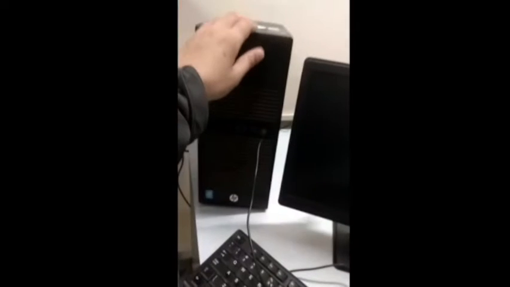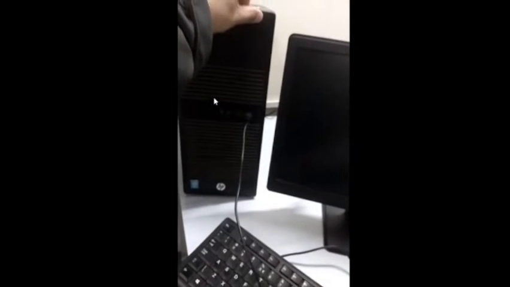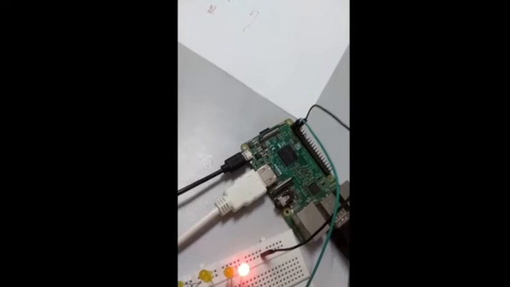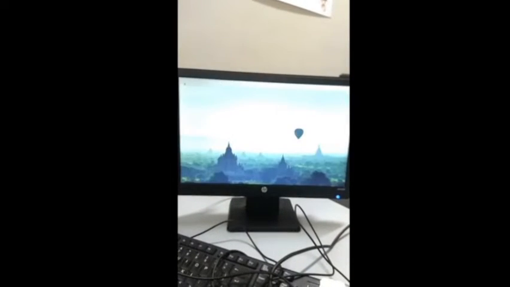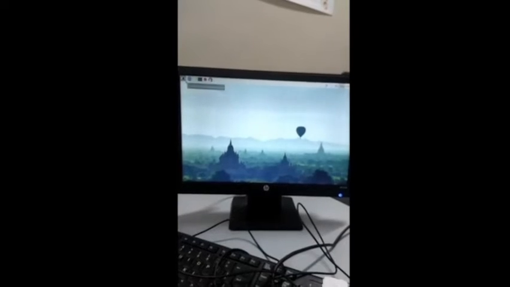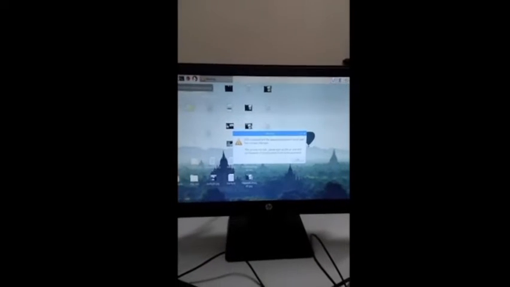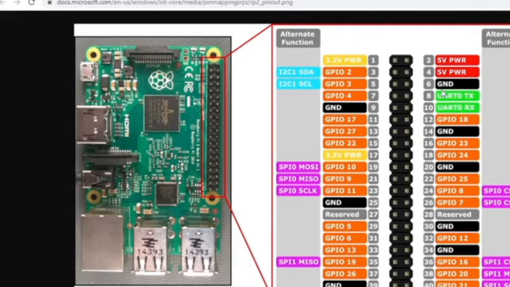Right now I'm connecting this wire with my CPU, and now you can see that once you power the board, its operating system will start booting. On the display you can see this process. This operating system is actually a Linux based OS, so you will have a similar type of environment. Once this loading part completes, you can access its software and all related things, right?